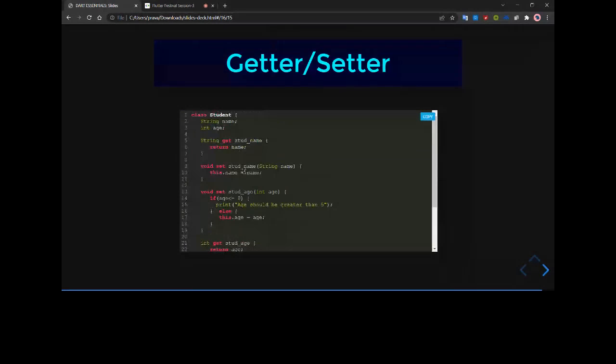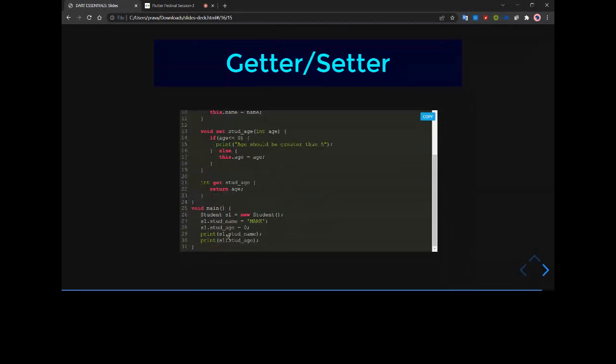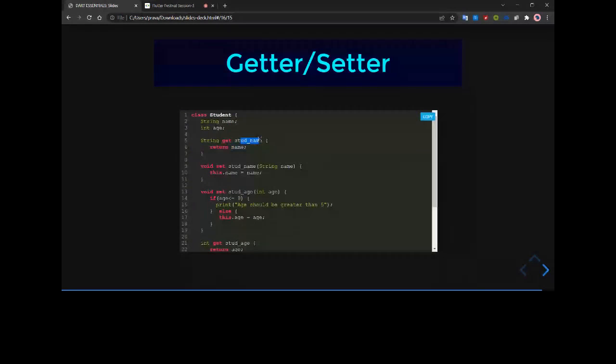And to return that value and to print that value, we use this get student name. The benefit of using get and set keywords is that you can write the same name for the getter or setter function with the different keywords, get and set. And if you don't want to use them, then you have to write the whole name of that getter statement or setter statement different from each other to uniquely identify them. Okay,